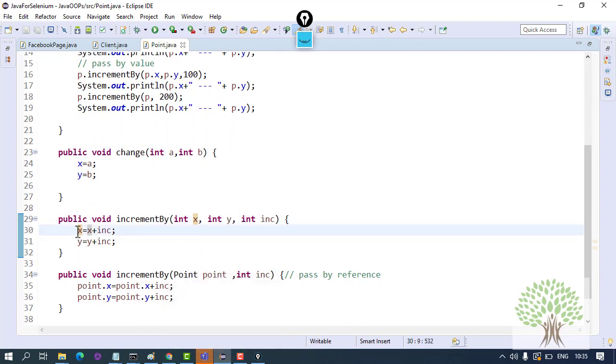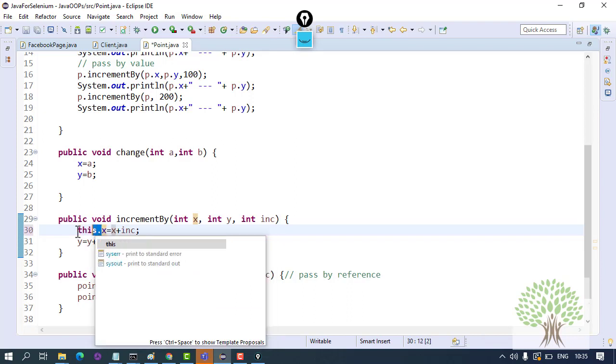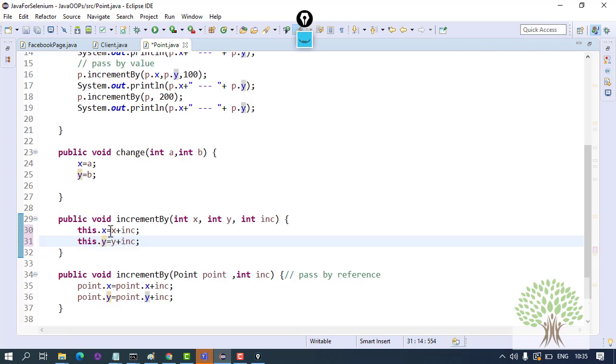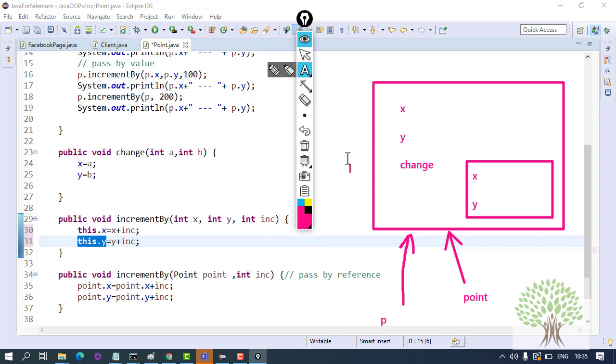So I can use the keyword this. This means the current object. The x coordinate of the current object and the y coordinate of the current object.